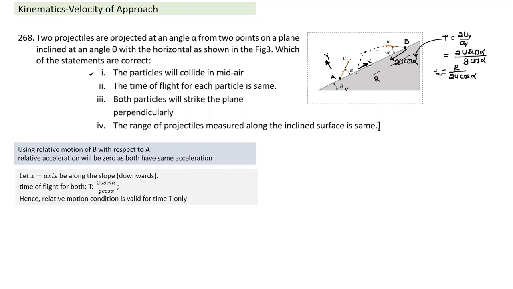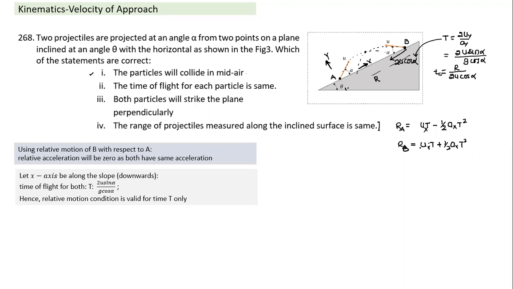In this particular case, the range of A will be equal to displacement along the slope, which, if I write in terms of t being the same, in case of A will be ux t minus 1 by 2 ax t square. The range of B will be equal to ux t plus 1 by 2 ax t square. Here acceleration is in the same direction as the velocity x component. And so ranges are not equal. So which will have the larger range? This is B.